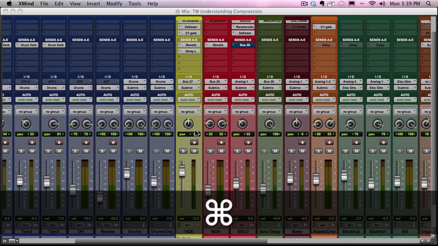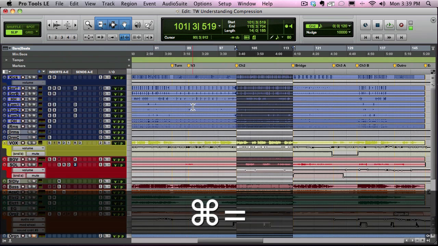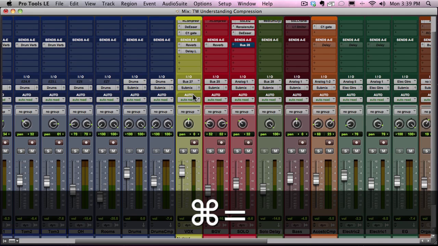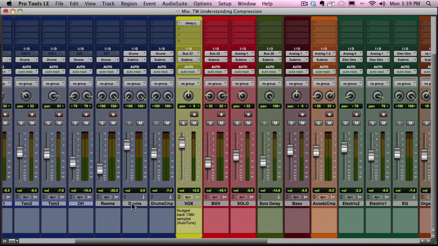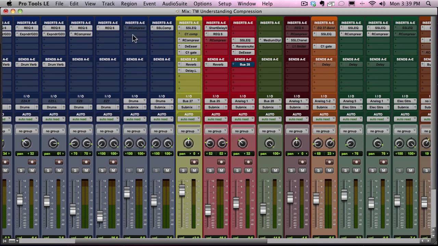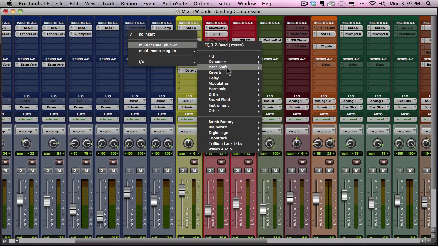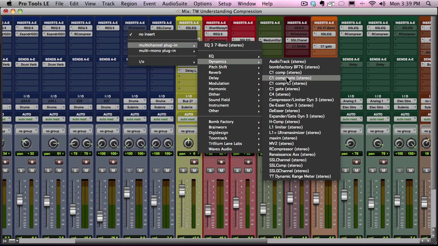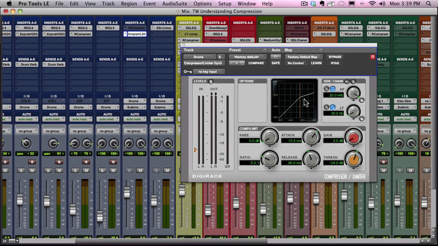So I've got a session here that's got a bunch of tracks, and we're going to come into this drum subgroup. All the drums are running through this track, and we'll put a compressor on here. Now I'm going to use the stock compressor that comes with Pro Tools, and if you're not using Pro Tools,